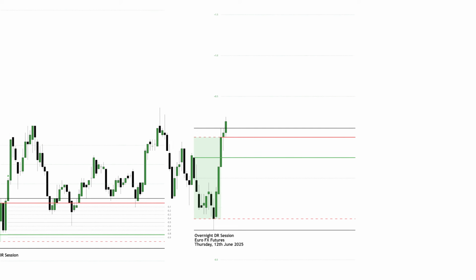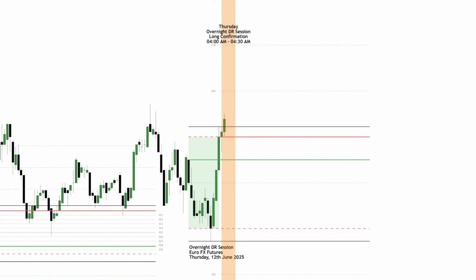The first thing that you need is simple. A long confirmation in the first half an hour after the defining range has formed, which marks the confirmation time window of 4 to 4:30 a.m. Simple as that. If price confirms long with the 4:30 a.m. candle or any time after, all the probabilities which I will show you are not in play, since that's a